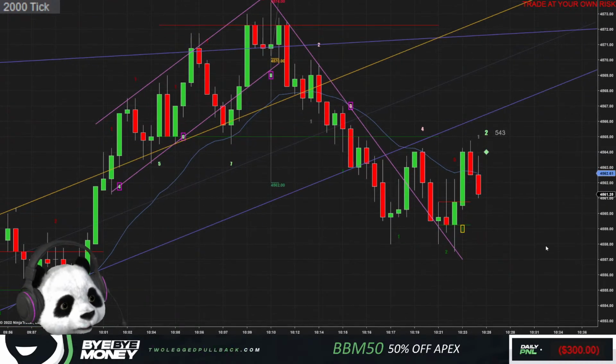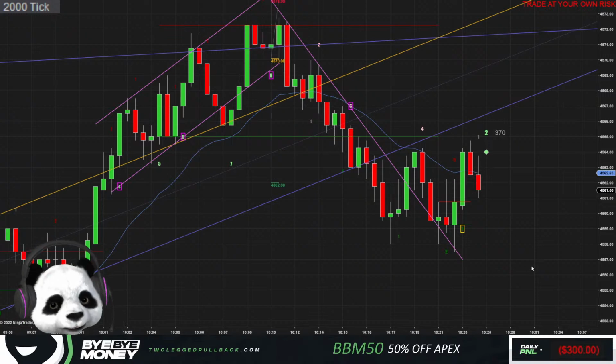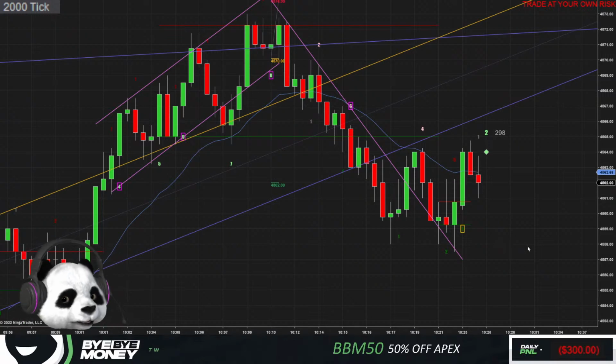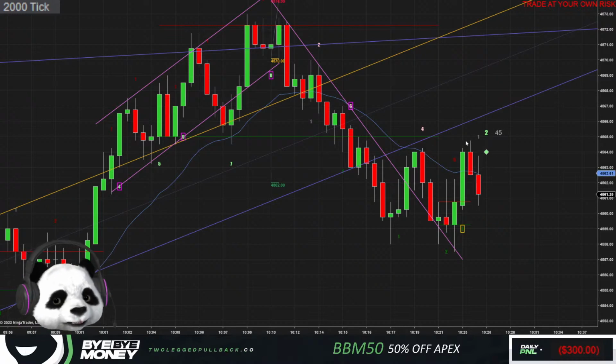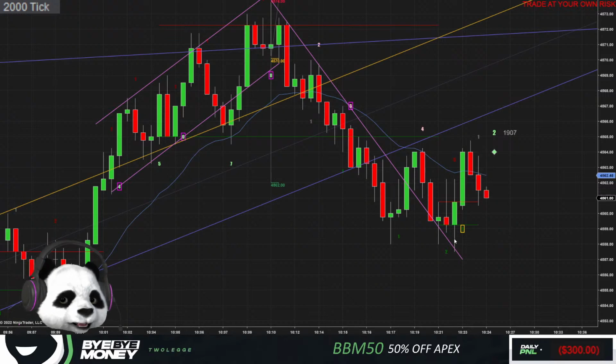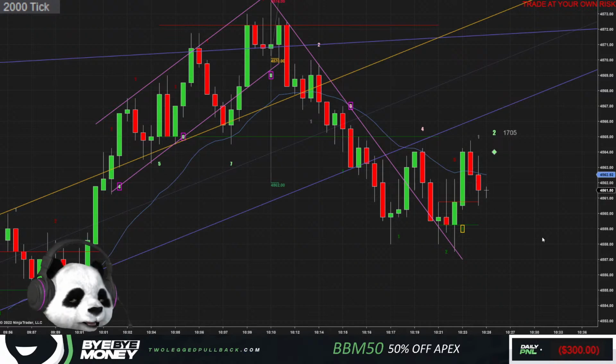Pretty terrible signal bar. We want a better signal bar than that. I need a good signal bar here. If it's a bad signal bar, I'm not interested. It will be our first entry. The fact that we broke above this high makes this a first entry now. Actually, breaking above this high made it a first entry. Terrible signal bar. Skipping this trade.